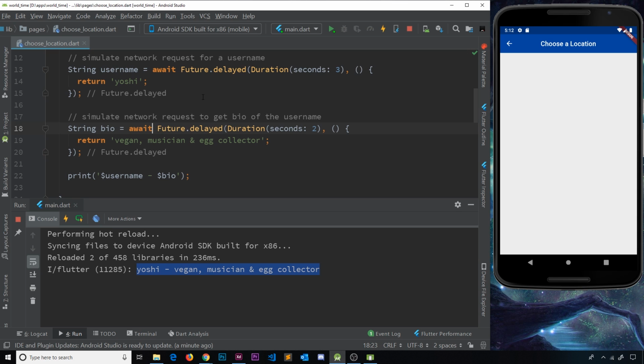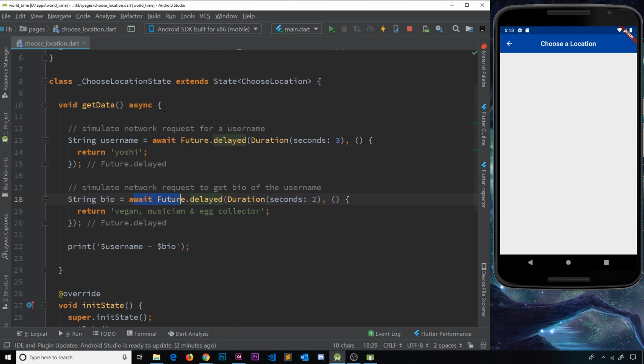And this is really good when one request depends on another. If they didn't depend on each other, we wouldn't need to do this. But since this one would depend on this, then we can use await to do that. And since at the bottom we need to wait until both of these values are returned, then we can await this one as well. Now, the really good thing is that because we've said this is asynchronous over here, then